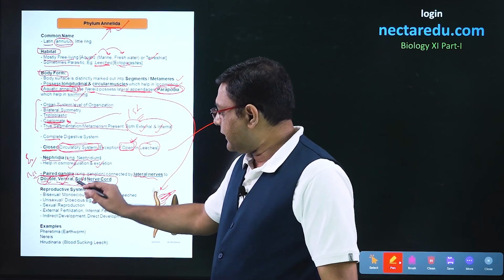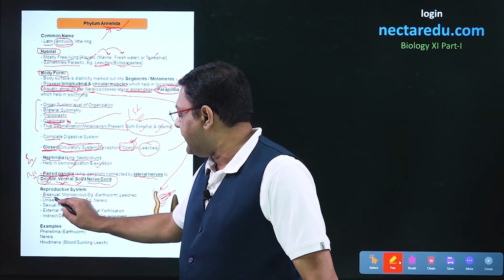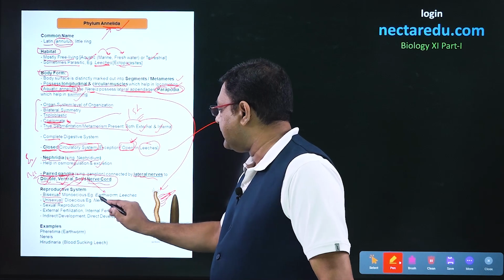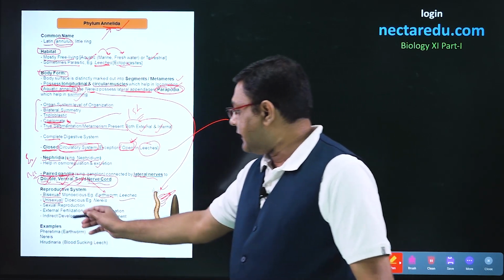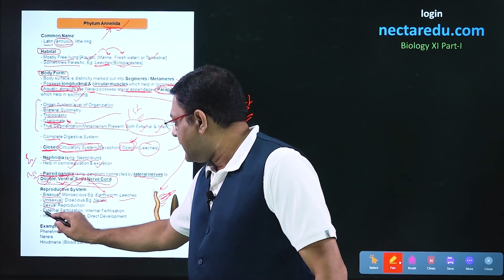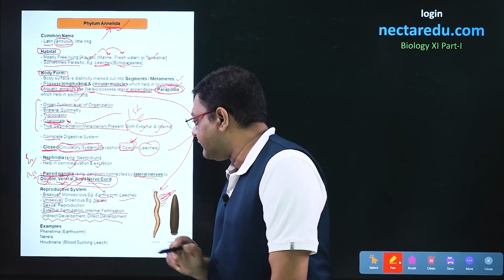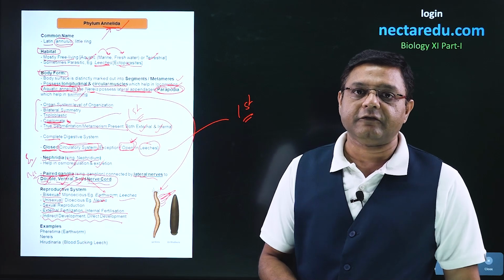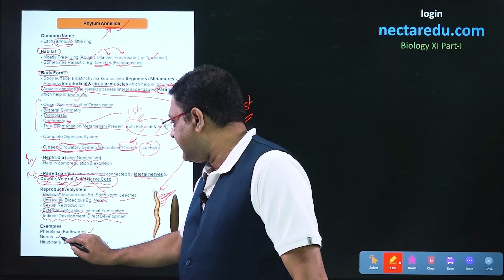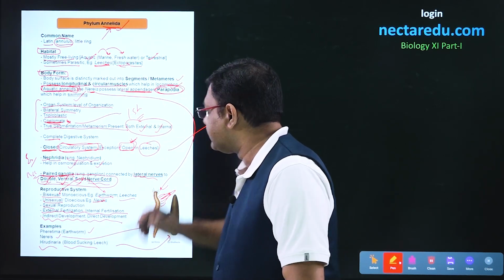After this, coming to the reproductive system. Now, in the case of the reproductive system, these are bisexual as well as unisexual. So, examples of bisexual annelids are earthworm and leeches, and an example of unisexual is Nereis. Sexual reproduction is found, with both external and internal fertilization, and indirect and direct development is present in the case of annelids. Examples: Pheretima, earthworm; Nereis, which is shown here, then Hirudinaria, that is the blood sucking leech, which is being shown here.